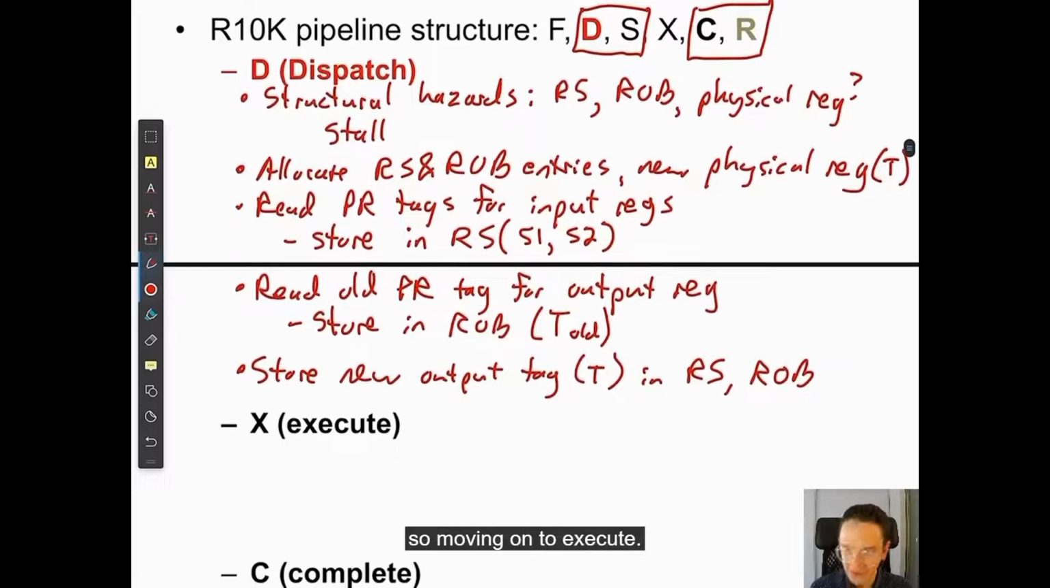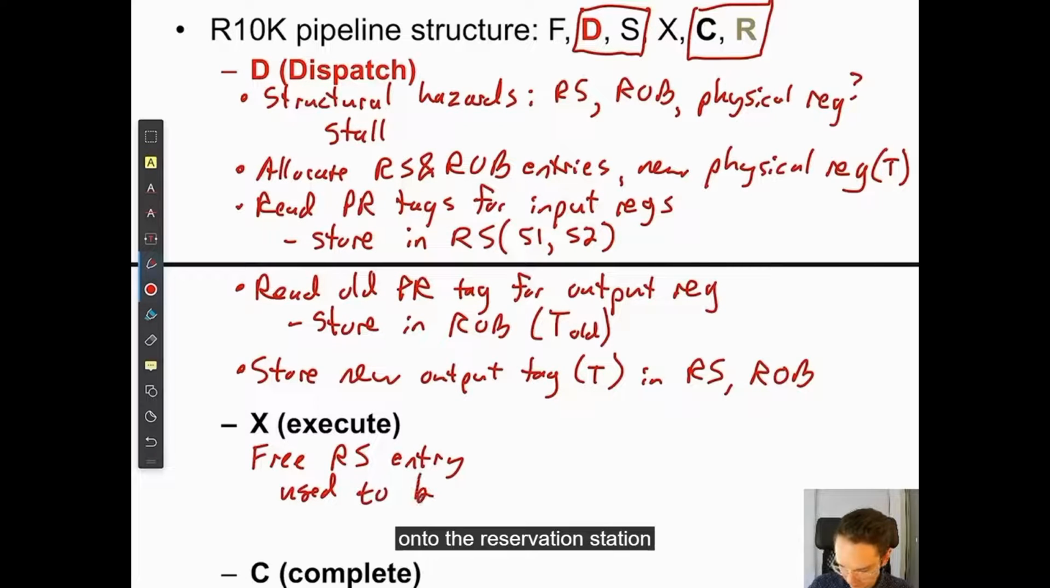So moving on to execute. Well, it's between issue and execute. This is the first cycle of execute right after we've issued. What do we do here? We free the reservation station entry. And this is new, this is exciting. It used to be that we held on to the reservation station entry until writeback, but now it can be earlier,